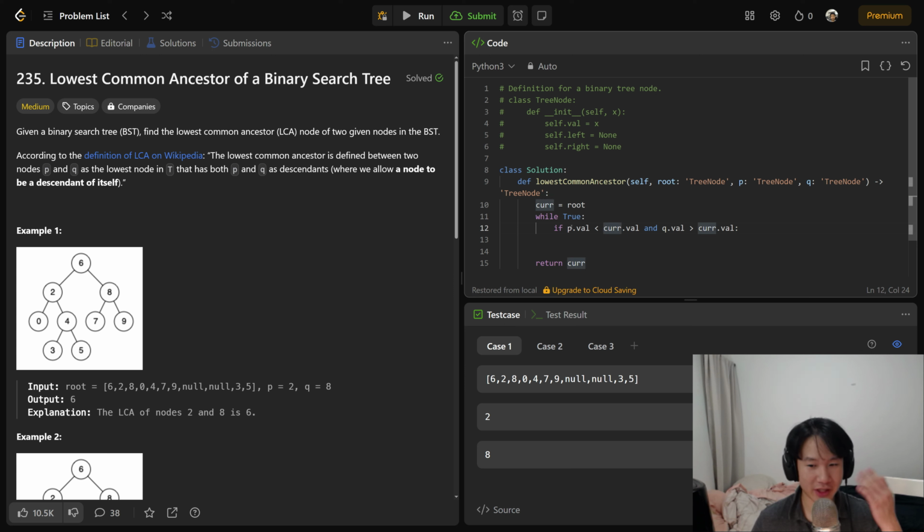Okay, so my thinking right now, if p dot val is less than the current value and q dot val is greater than the current value, then